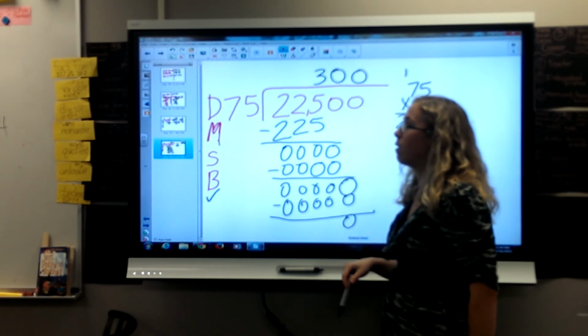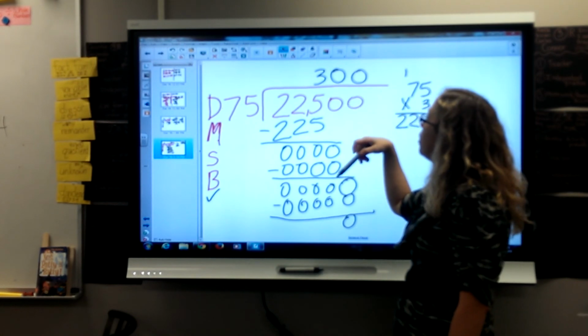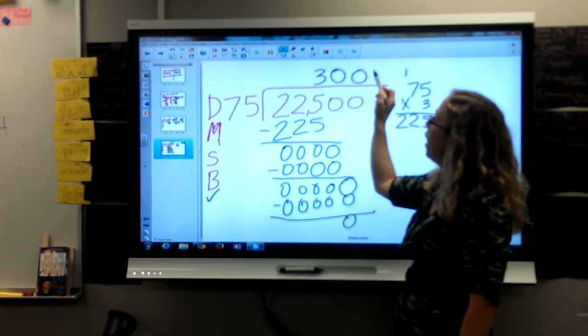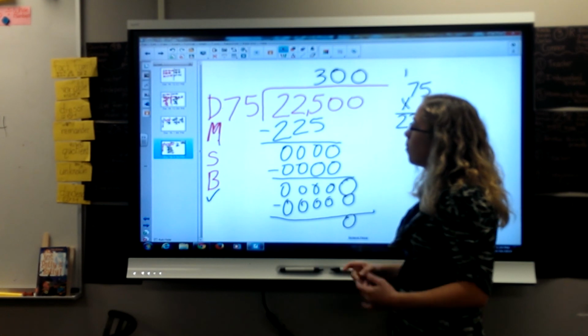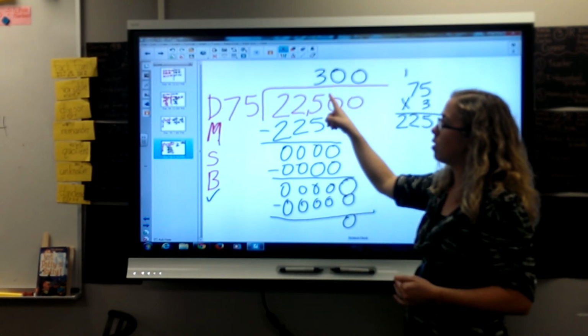We know we don't have a remainder, but we had to make sure that we attended to these 2 zeros over here. So 22,500 divided by 75, the quotient is 300. So remember, as you're dividing, make sure you check where you're going to start your quotient and make sure